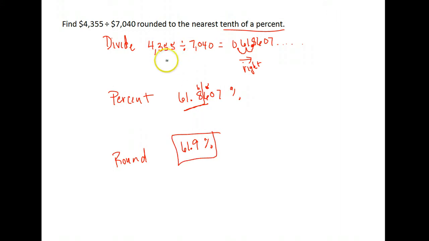61.9%. So first we divided, got our decimal, moved that decimal point 2 places to the right so we could have it as a percent,